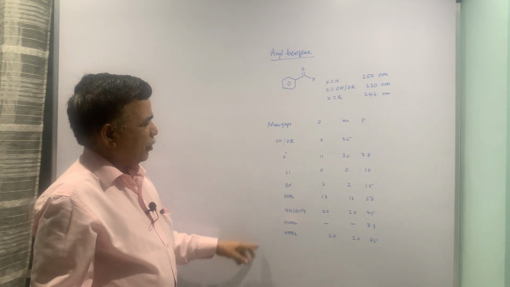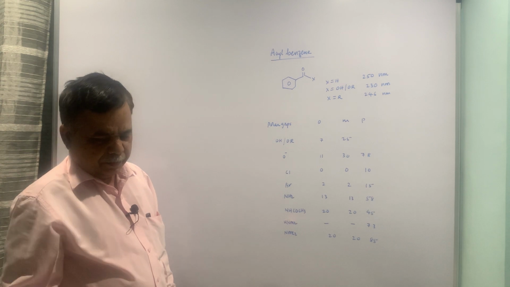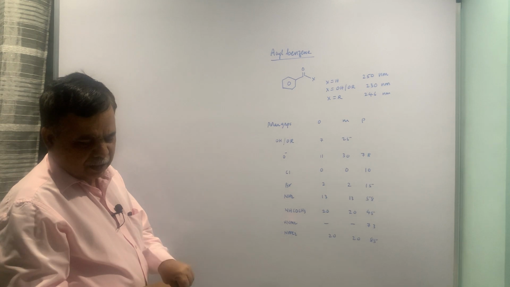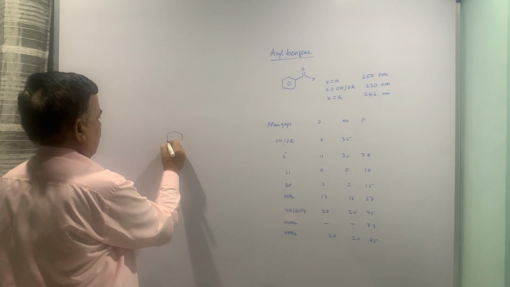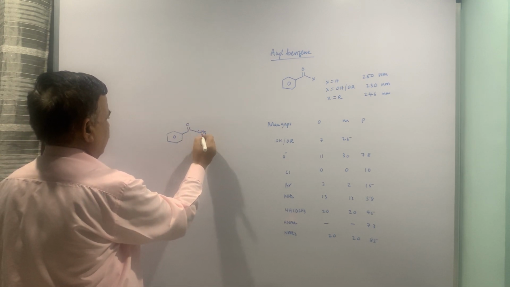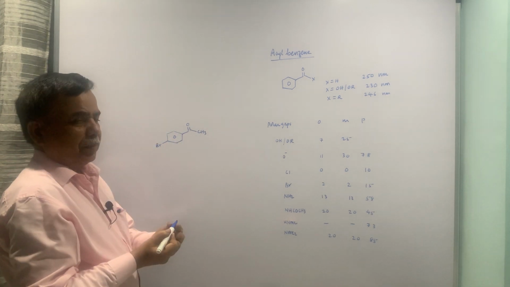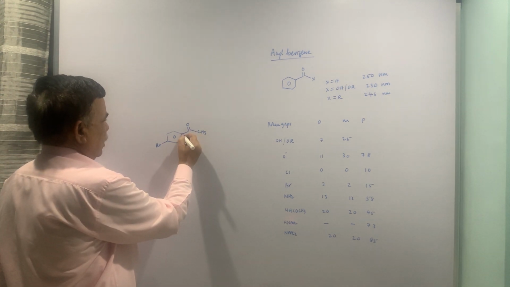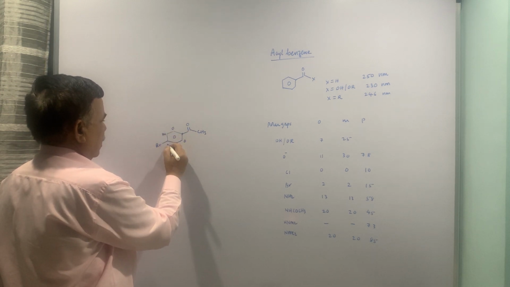And now these are some of the polar groups, and these are the increments which are caused by them. I'll just take one or two examples, because anyway this is not the part of syllabus, but just for the information purpose I am putting all those things. Let us say this is acetophenone and bromine is attached here. Like how to look at ortho meta para, that is what I wanted to tell. Now this is basic functional group. So with respect to this is ortho, meta, and this is para.